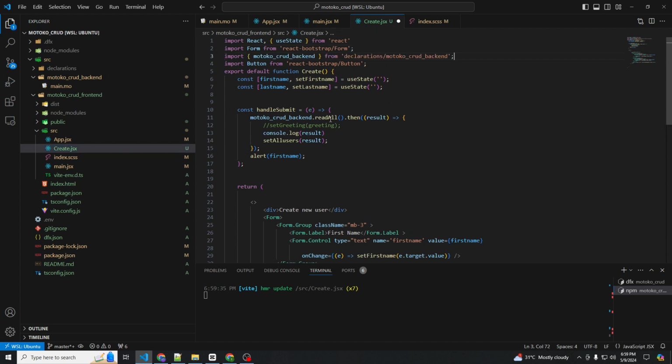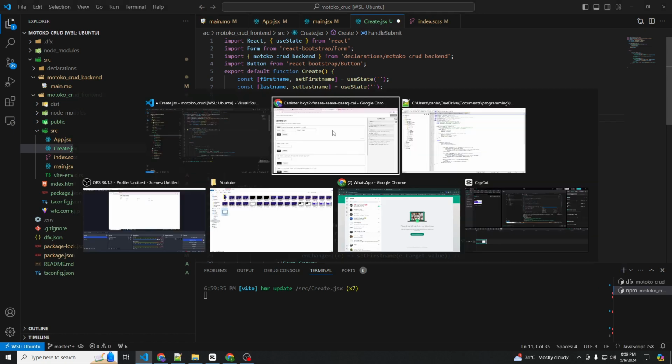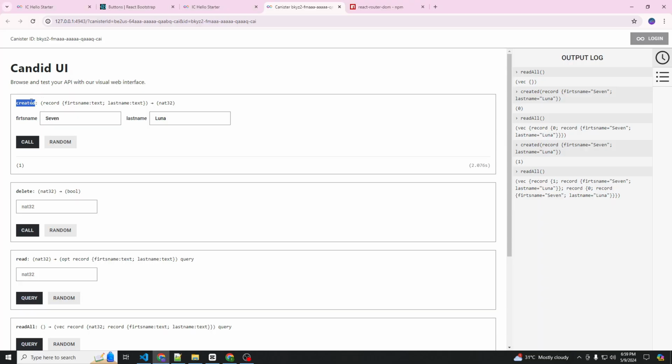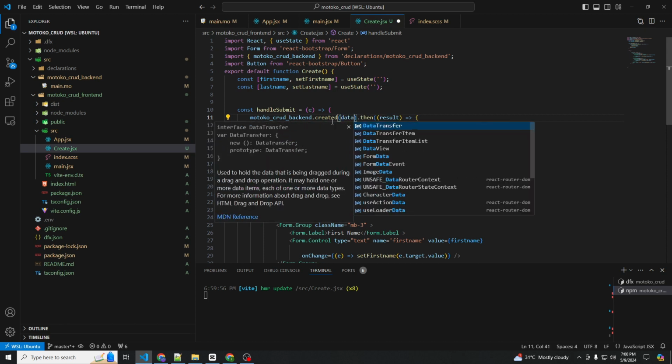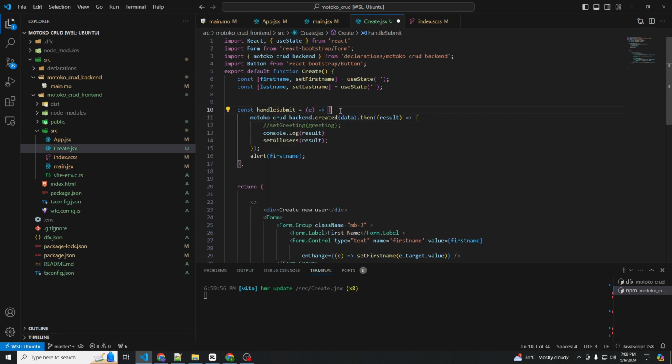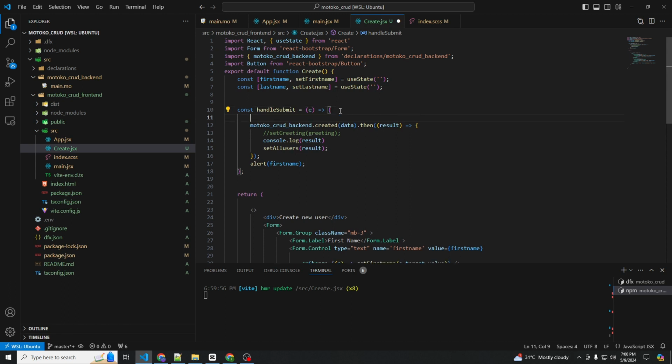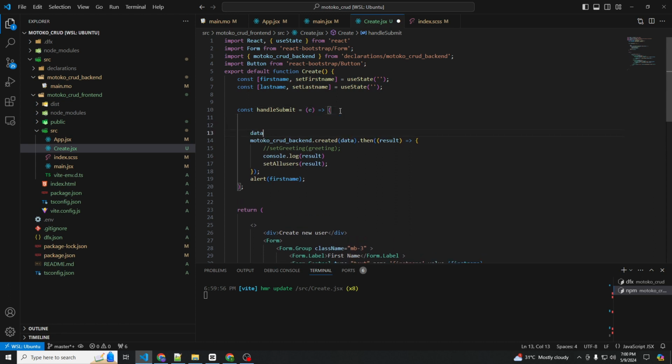And then we change to create. This is our function create. And then the data will be data, and then the data will be in array format. Data, you need to